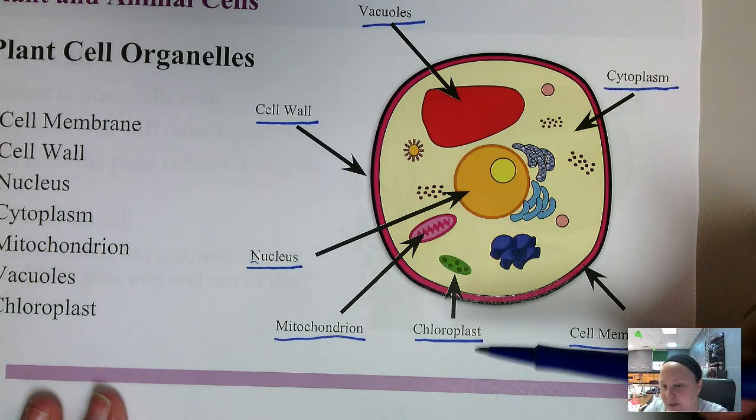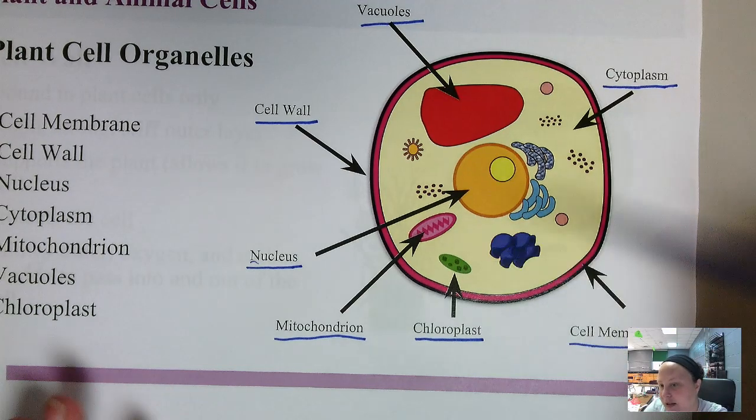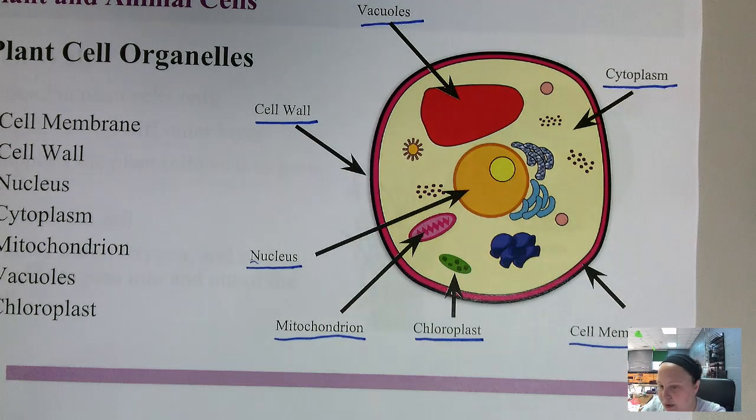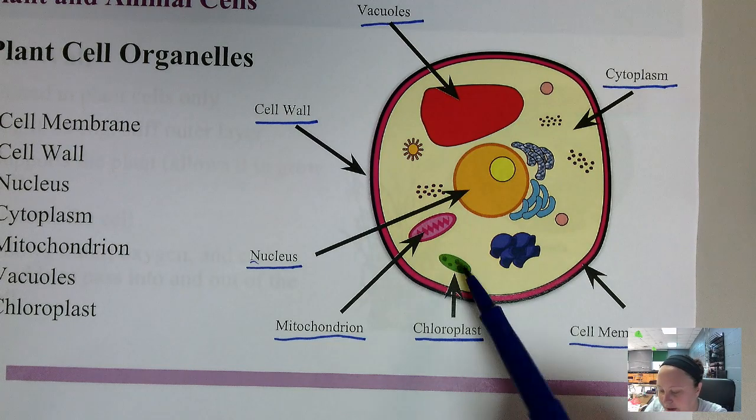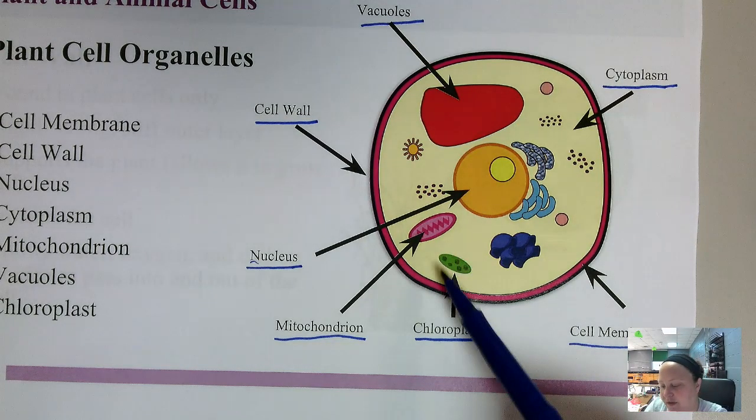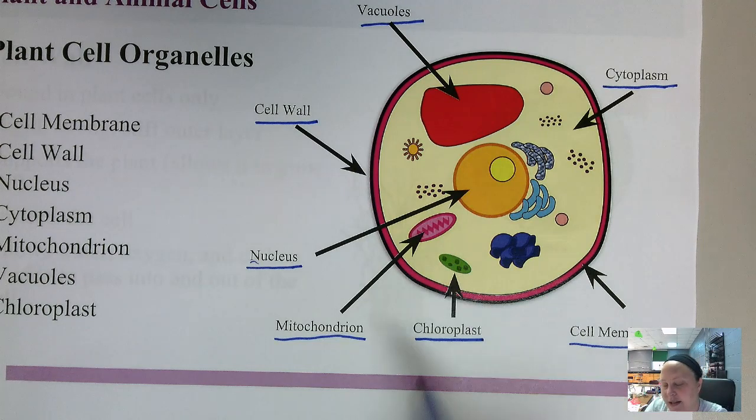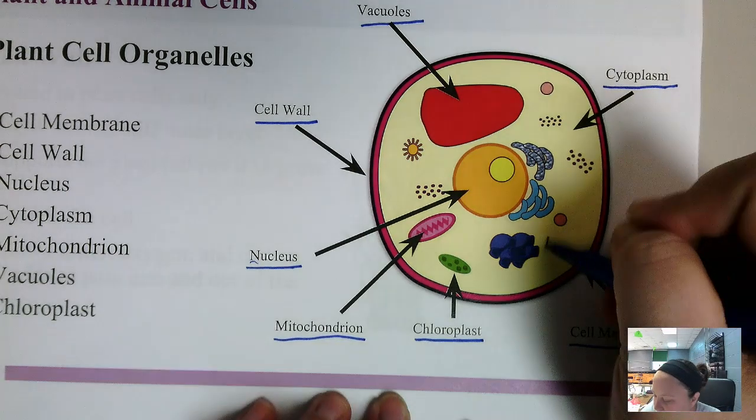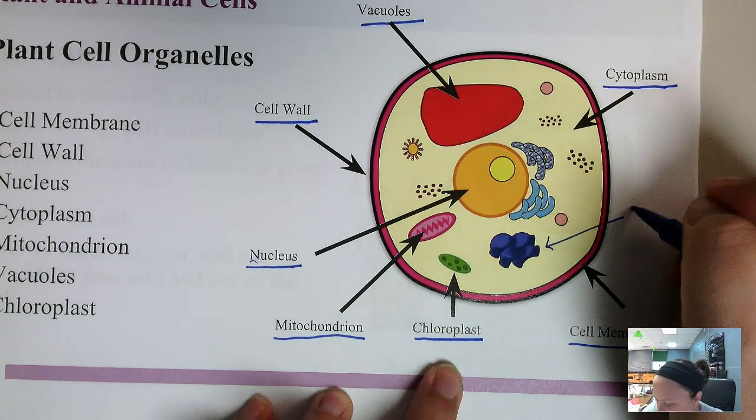The chloroplast is where photosynthesis actually happens in a plant. And we'll talk about photosynthesis later. But in the chloroplast, it creates the chlorophyll that the plant needs and the photosynthesis that it needs to survive. Also, in a plant cell, you have the Golgi apparatus again,